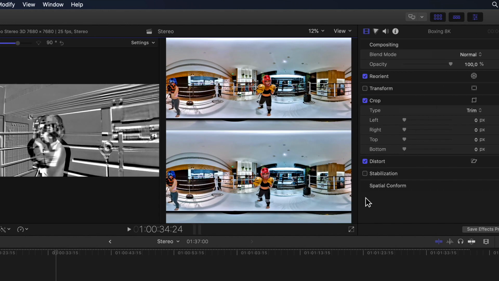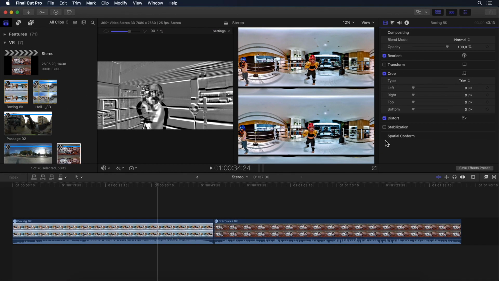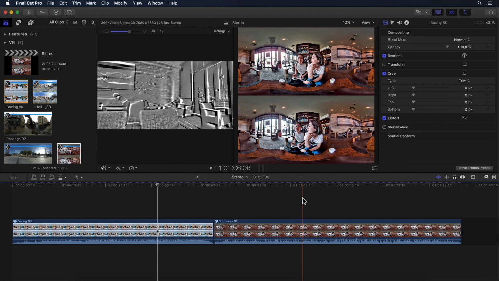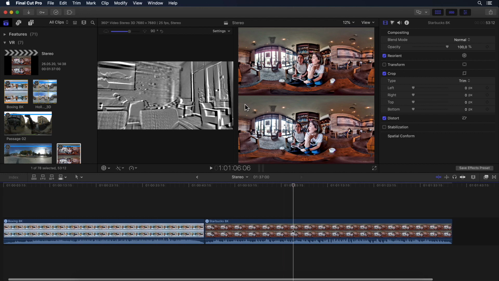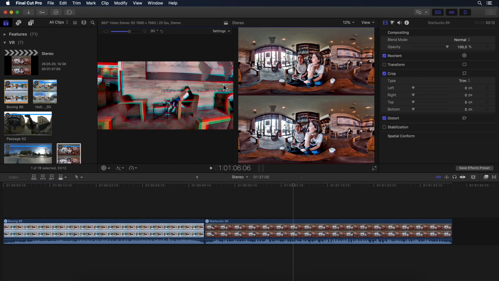So we can see that anyone working with stereoscopic video or images should be able to find everything they need to edit them in Final Cut Pro now. If you're someone working in the VR space, I'm always curious to hear what you think and if you feel something could still be improved. Again, let us know down in the comments.